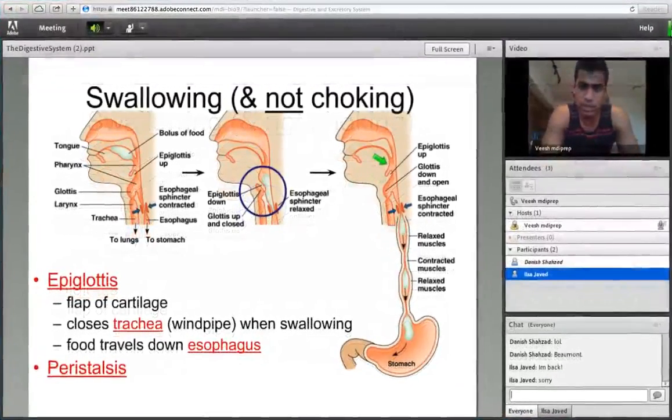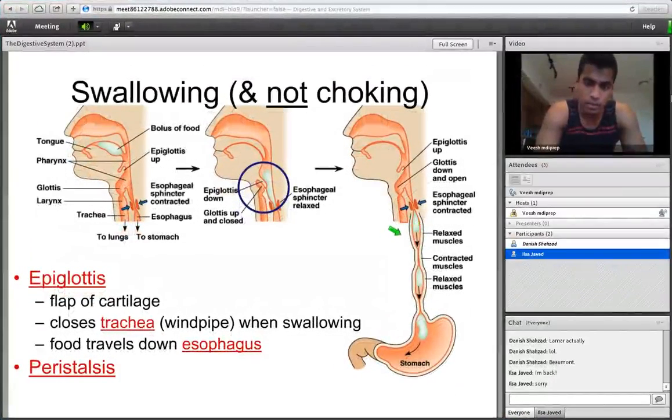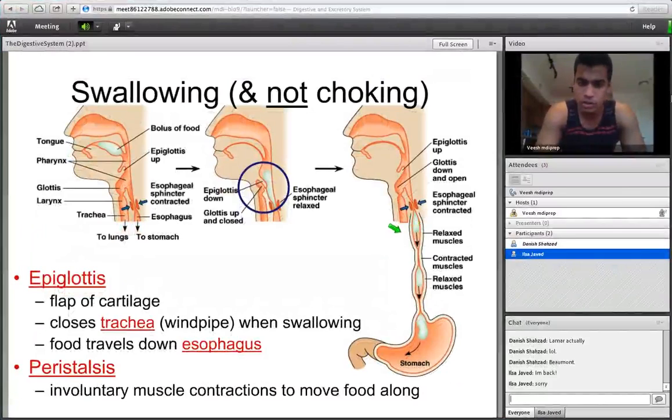Once food gets through your mouth and into your esophagus, the muscles have this process called peristalsis, which is involuntary muscle contractions to move the food on. As you can see here, part of the esophagus will be relaxed and part of it will be contracted. This is just smooth muscle, and it's involuntary control. So it's part of your